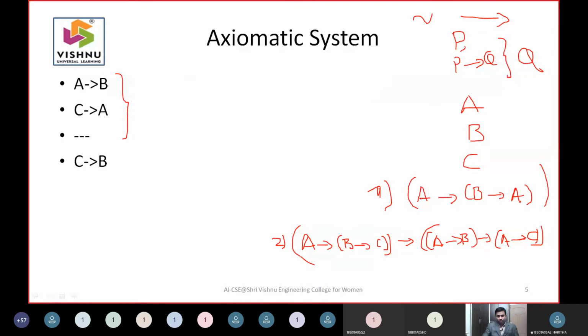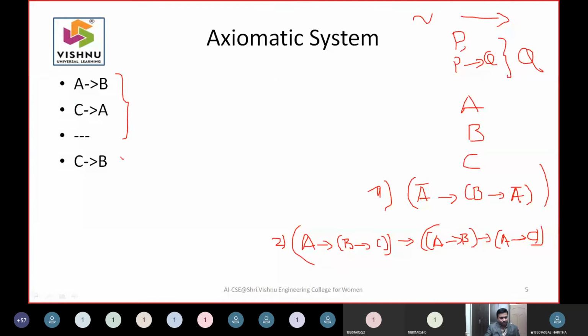The third rule is also there, but we can solve this problem with the first rule and second rule. What is interesting is that if you have an alpha here, you should have it here. So A to B, C to A and C to B is possible.